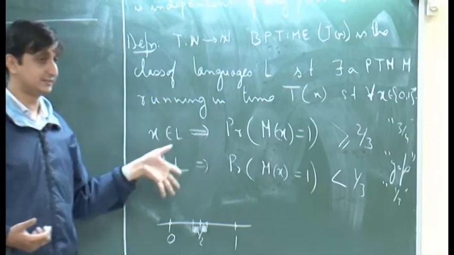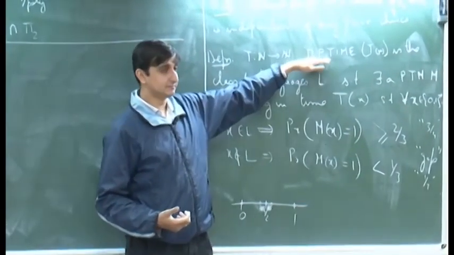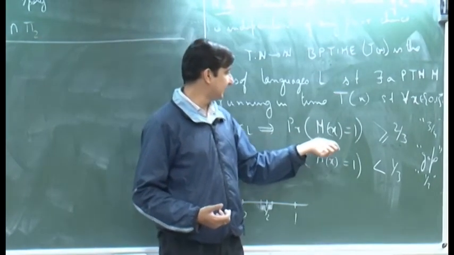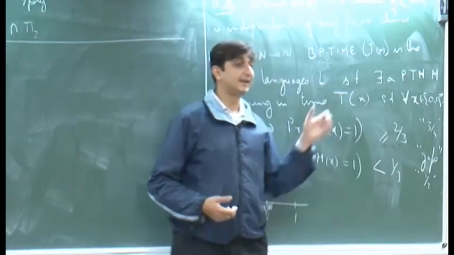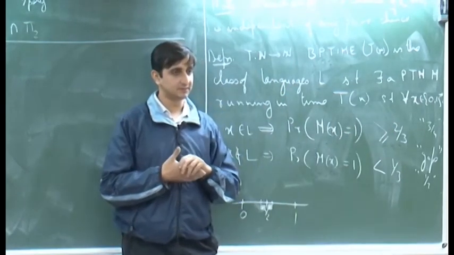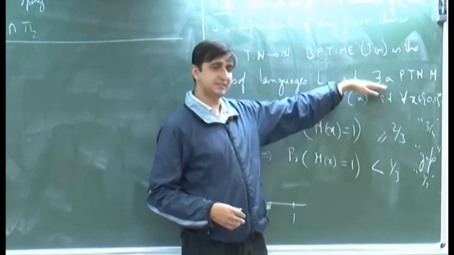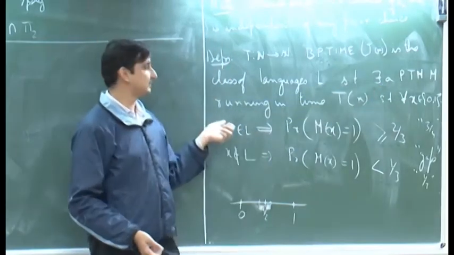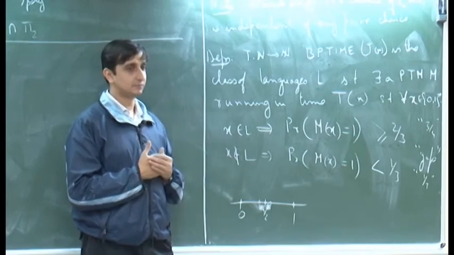So, this is a definition, and this is a class with a promise, that under the promise that the probability is either greater than 2/3 or less than 1/3, only then can I say that the language is in this class. Even if you decrease this constant, of course the same machine will not work, but you can show that there is a different machine which will accept the same set of strings and reject the same set of strings. So, that is what I was saying.